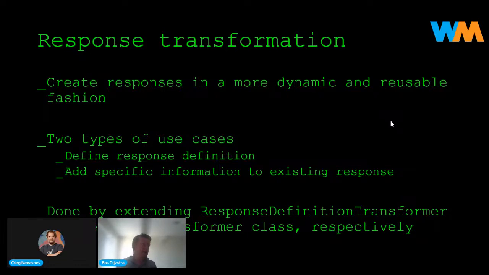The default WireMock API, the set of methods, allows you, of course, to create responses where you say, well, I want my response to have these status codes and these headers and this response body. But there might be a lot of situations, a lot of cases where that's going to be very, very repetitive. And that you can address, for example, using response transformers or response definition transformers, where you